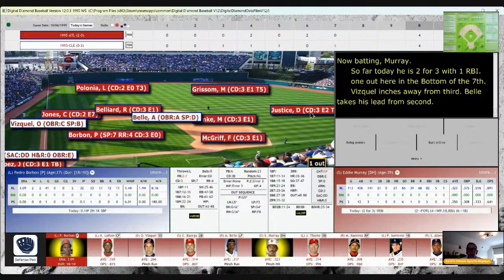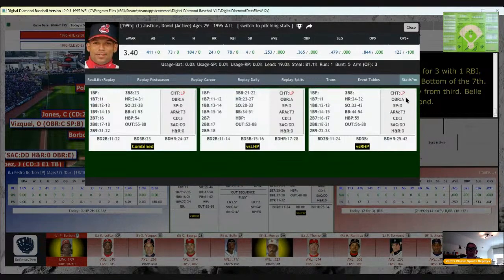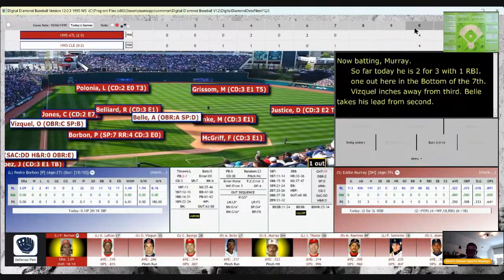Remember, the 3. OBRV. First, second to home on a single. 11 to 74. He is going to attempt it. And he will be safe.